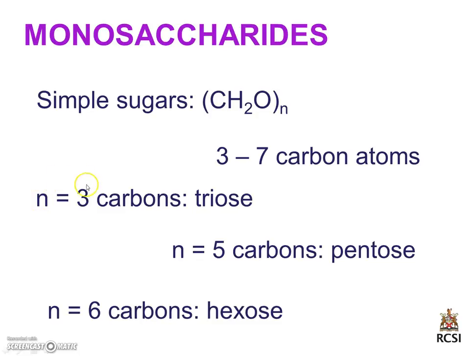If n is equal to 3, then the sugar unit is known as a triose. If n is equal to 5, then the sugar unit is a pentose, and if n is equal to 6, the sugar unit is a hexose. We will spend some time looking at the structure